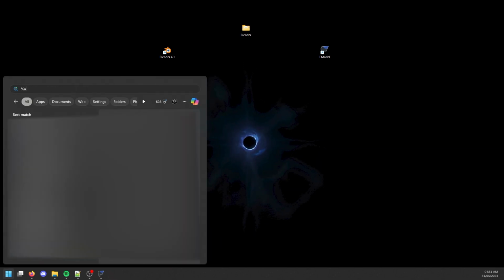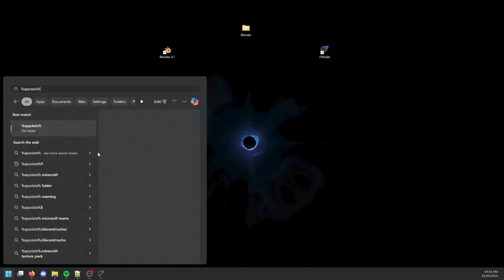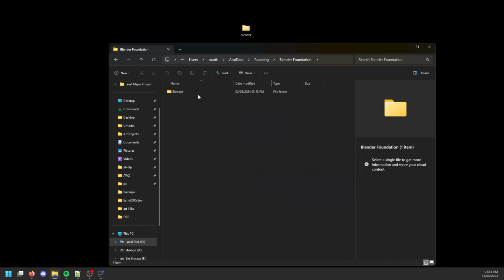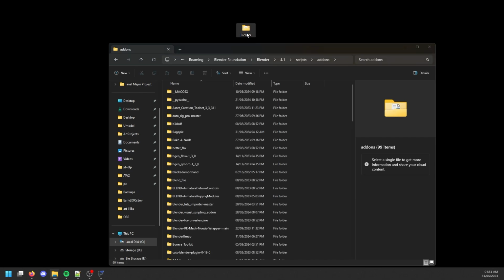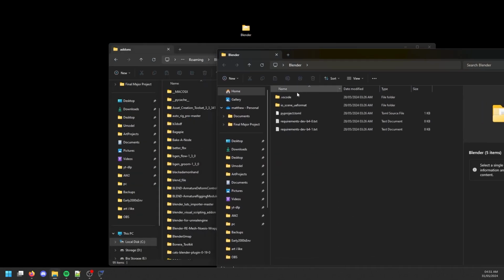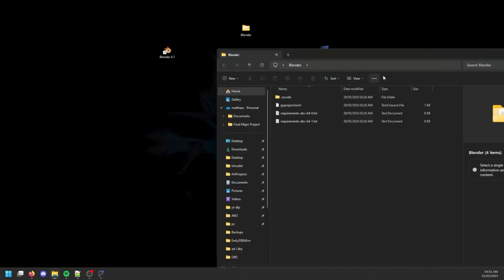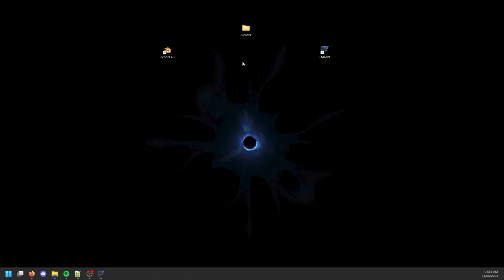And now we've got to go to percent app data percent, so then we can actually go to our Blender folder where we can drop the add-on in. As this isn't a zip file for us to install, we have to install it like this. Now, once we've done that, once we load Blender,